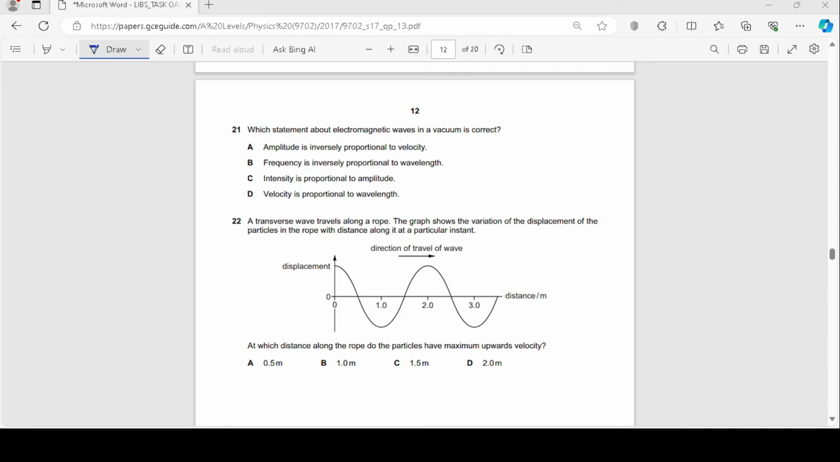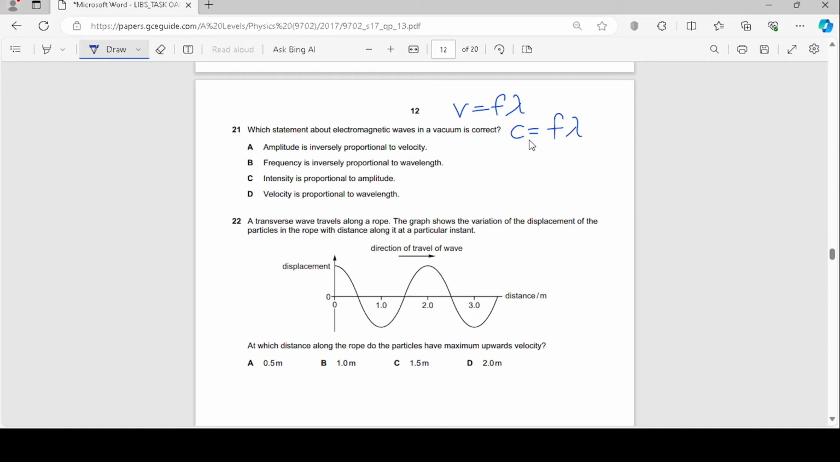Okay, so question number 20. Which statement about electromagnetic waves in a vacuum is correct? Okay, so electromagnetic waves in a vacuum. So amplitude is inversely proportional to velocity. But I don't know if they're talking about the velocity of the wave or the particle velocity. Basically, this is the wave equation, right? V equals f lambda, but then for electromagnetic waves, it's c equals f lambda,